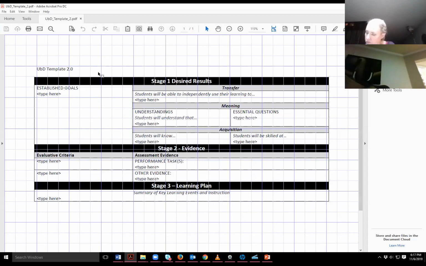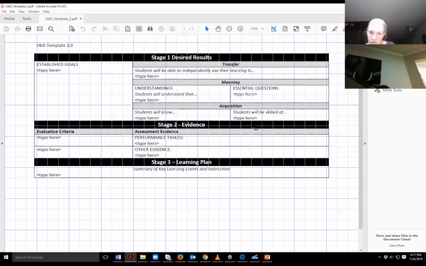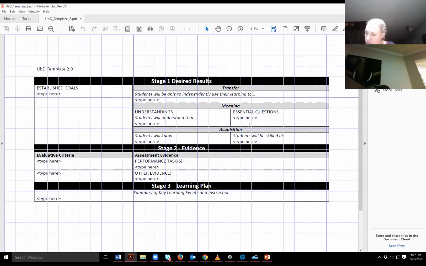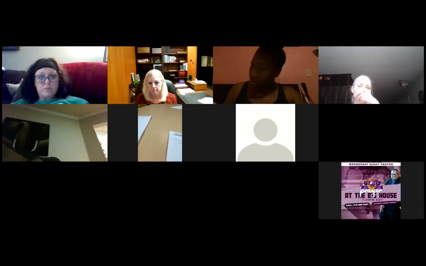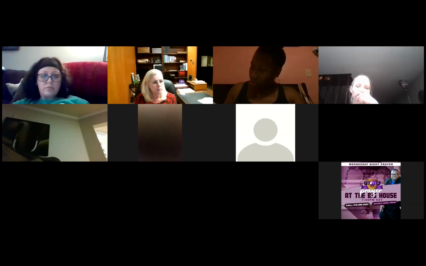Okay, so this is a third template. Okay, so you can use any one of those 3. I don't care which one you choose. Just choose the one that you think is the most helpful and useful to you. Okay? Make sense? So you have 3 different templates from very simple to a little bit more complex.